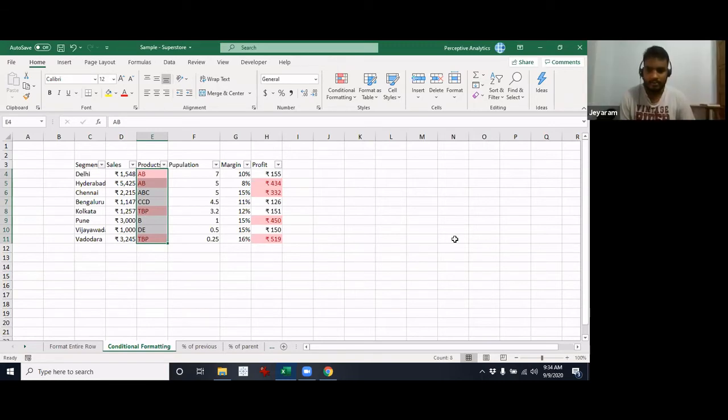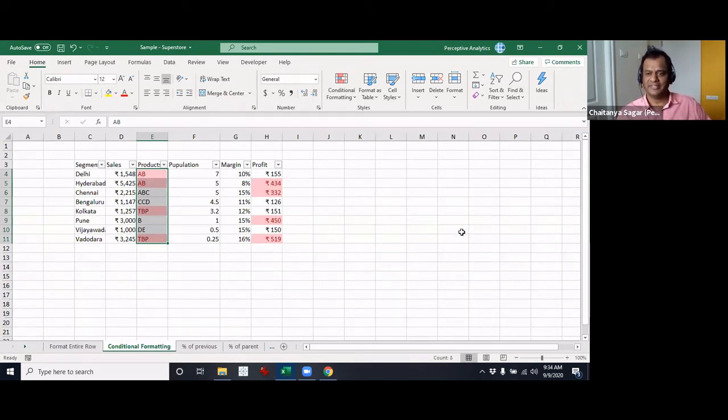So while Excel gives you a lot of flexibility, fewer things are automated. In a chart, you will get a legend when you ask for it. I think in Tableau also you have to ensure that the legend is there. Maybe it's automated, but you can also remove it if you want.